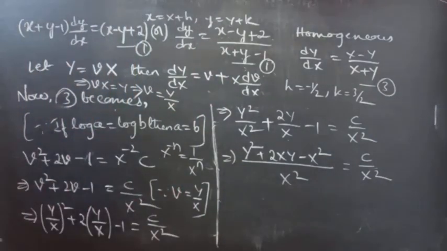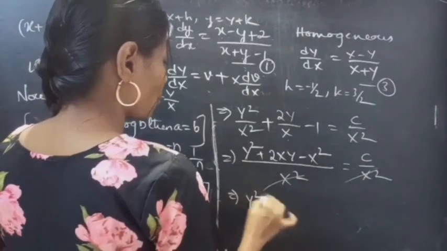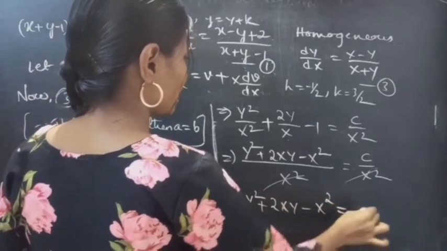The x square in both denominators gets cancelled and you'll get y square plus 2xy minus x square equals